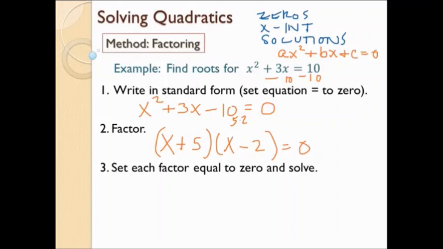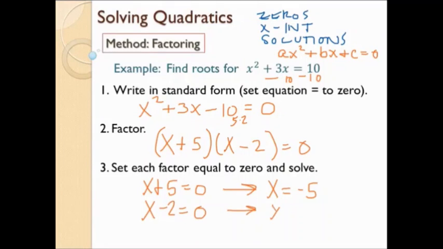All right, so let's go ahead and take x plus 5 and set it equal to 0. And solve the little equation, so I'm going to subtract 5 from both sides, so x equals negative 5. Then I'm going to take x minus 2, set it equal to 0, solve it, so add 2 to both sides, x equals 2. So those are my solutions, and I can check them by just plugging back into the